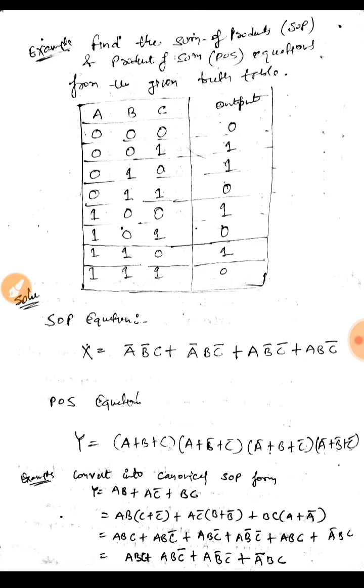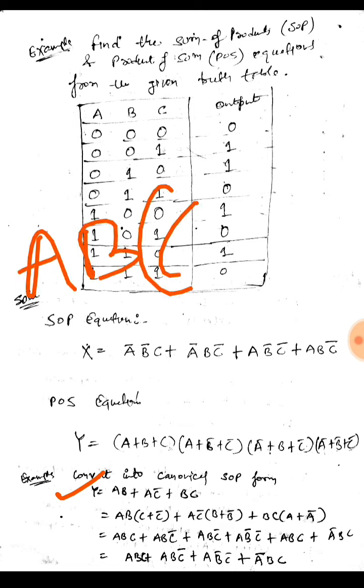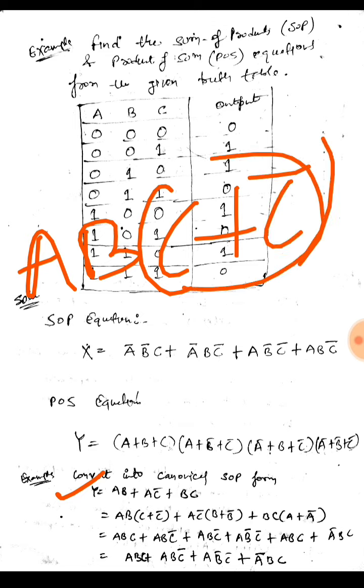Okay, so how can we convert a logical function given to us into a canonical form? It is a function having three variables, but in all three terms I have only two variables. So we need to convert it into canonical form, in which all the terms have all the literals. The first is AB and C is missing, so I will multiply it with C plus C bar, as C plus C bar is 1. If I multiply AB with 1, it does not affect my function.